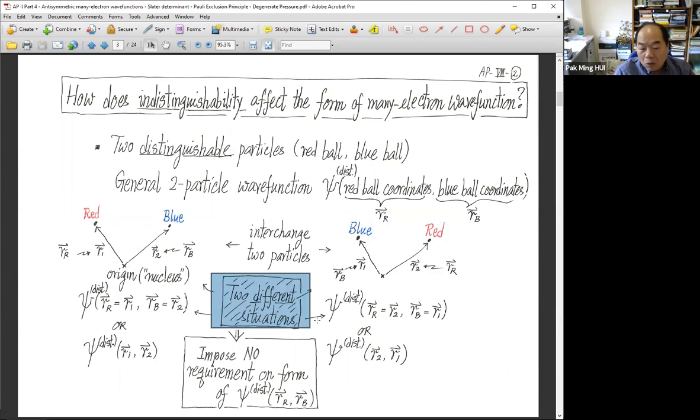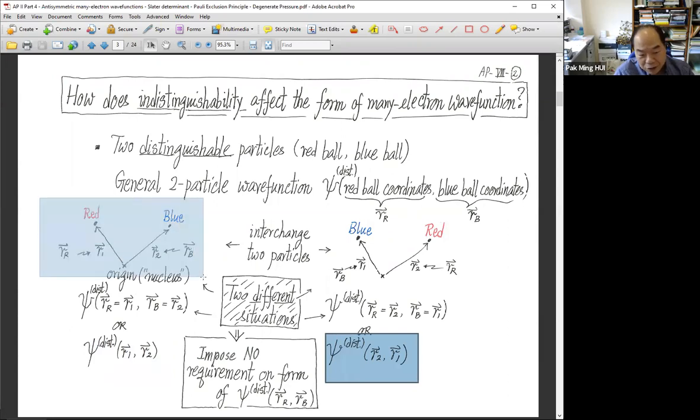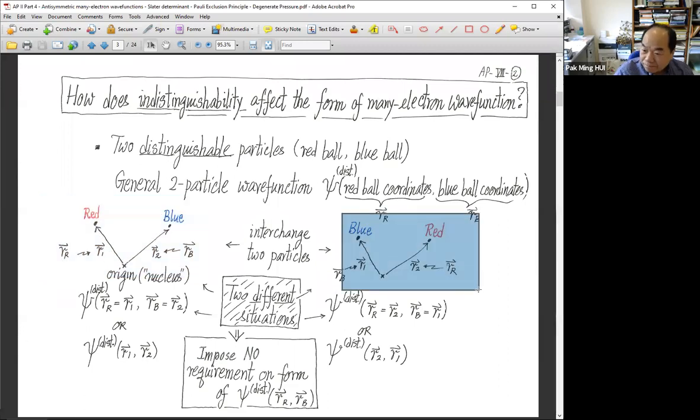Therefore, we really don't expect, and there is no requirement indeed, that this must be related to this, because they are two different physical situations. Okay? So here, I hope that you know what we meant by